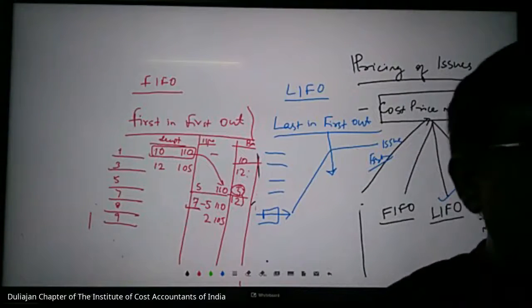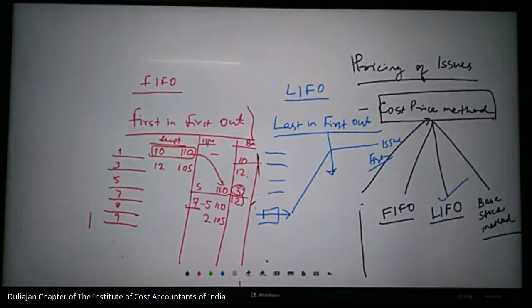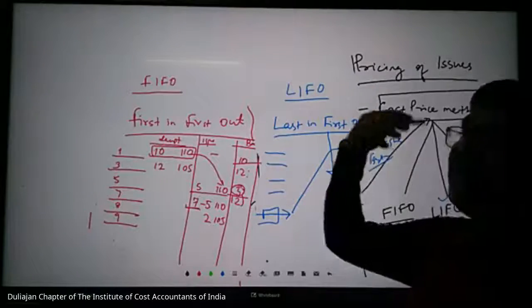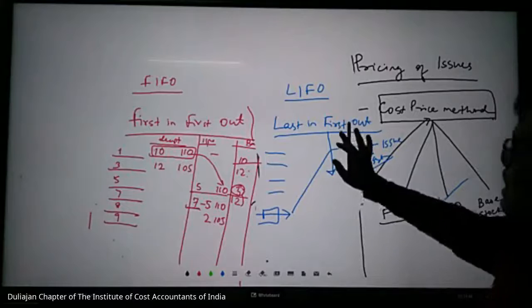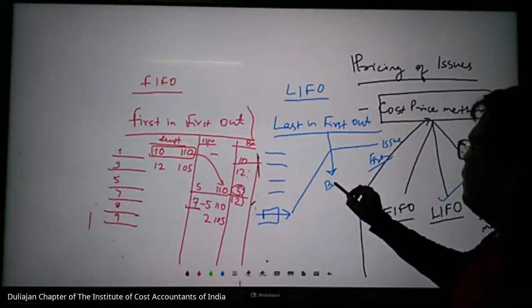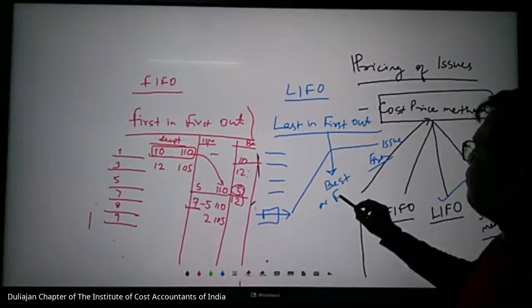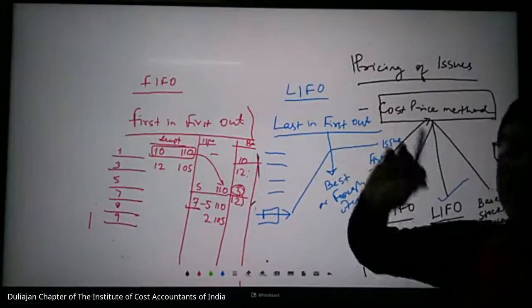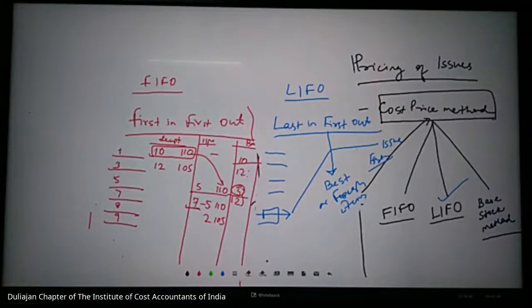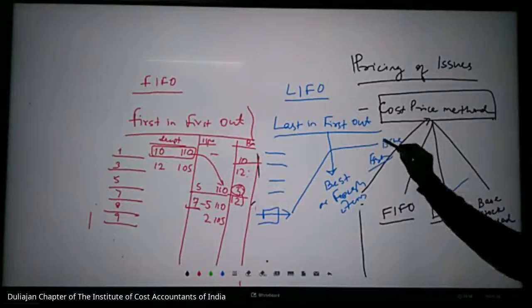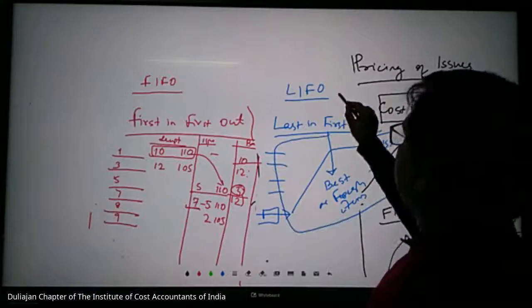Today I should eat at the present market price, but what about my old market price purchase? That I will not be able to consume. So that will be remaining in my stock. There is a disadvantage of this, that I am only consuming the best or fresh items. Old items I am not consuming. Theoretically, I am losing that stock. So this is not a very good idea of issue.